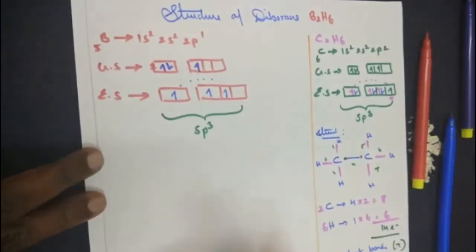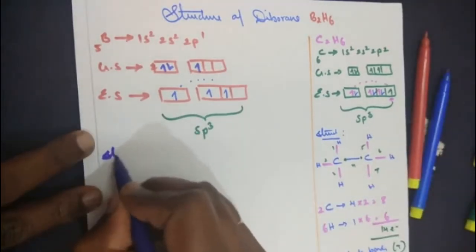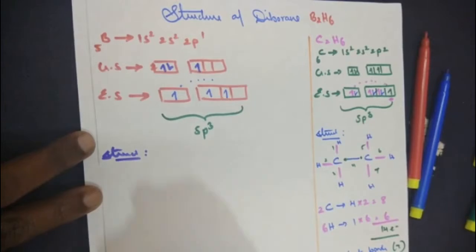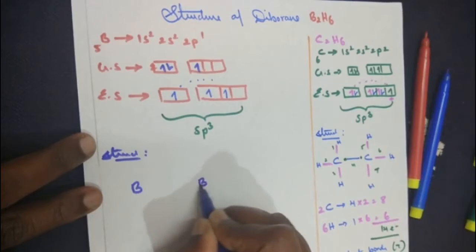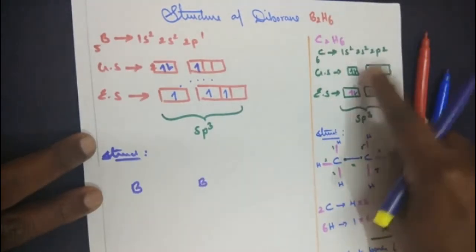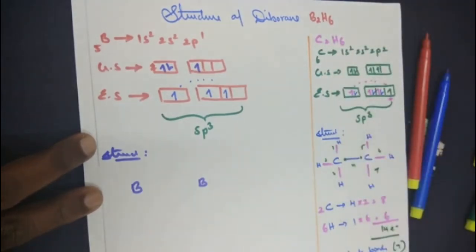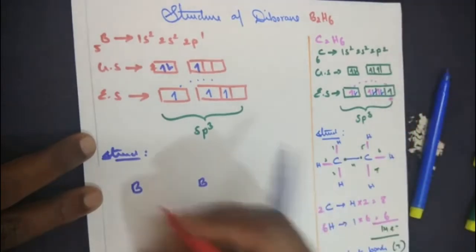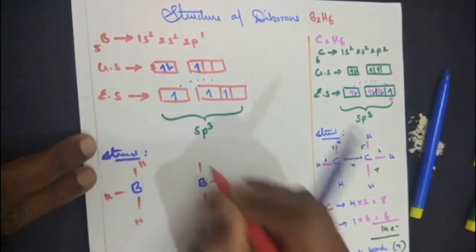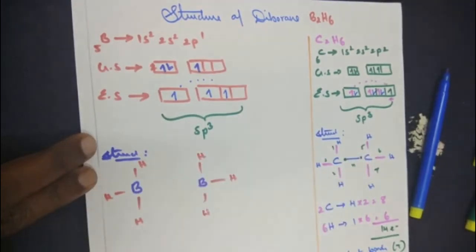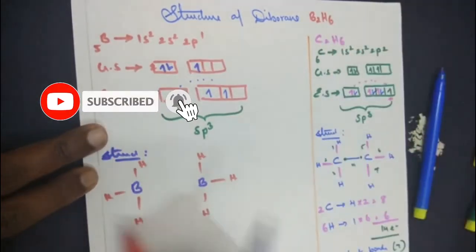Now let's come back to the structure. We'll stop here. We'll come back to the structure like this case. So when I take the structure of diborane, how many borons have we got? 2 borons. So a boron here and a boron here. Now in this case, just like ethane, when we compare, how many hydrogens are there? 6 hydrogens. So how should it be? 1 boron is bonded to 3 hydrogens. So hydrogen here, hydrogen and hydrogen, and hydrogen, I have marked it. So according to our normal understanding, 1 boron is bonded to 3 hydrogens, and that is over.